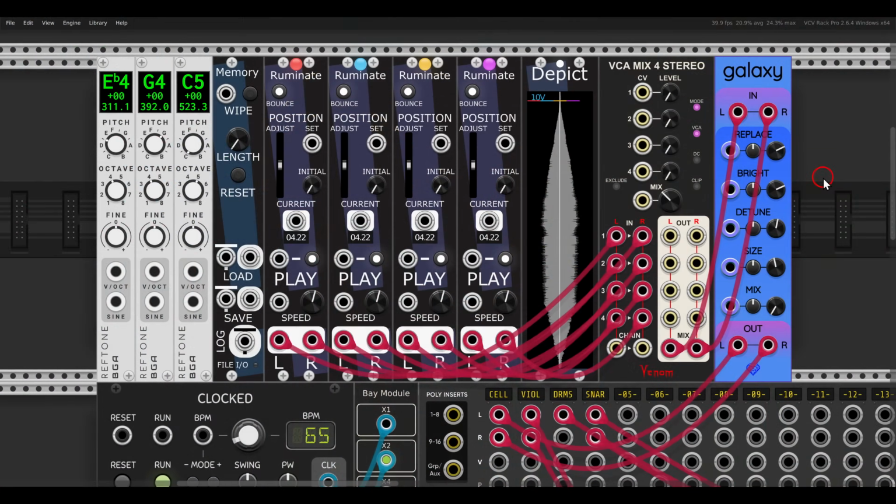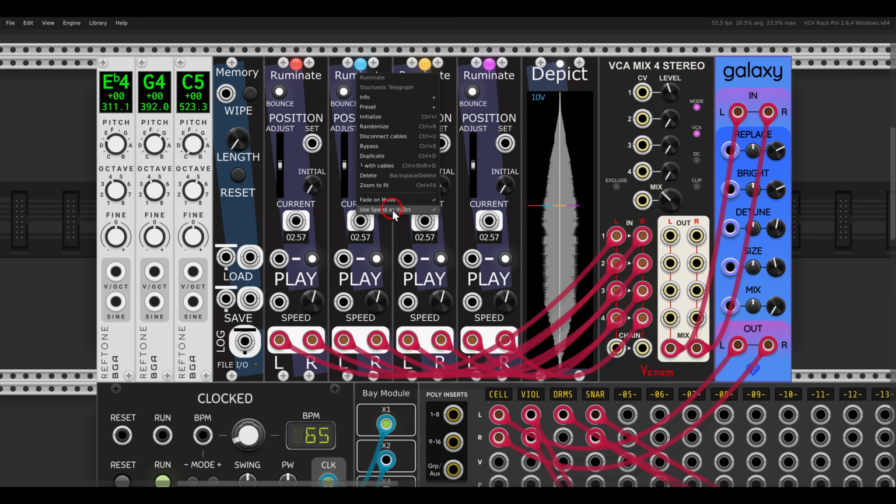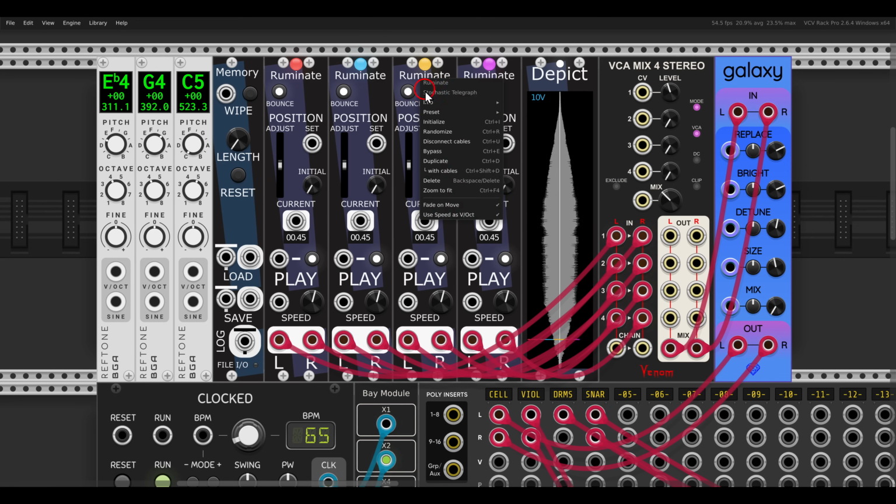Both Ruminate and Fixation have a volt per octave setting, so you can also sequence them with pitch. Here I have a cello sample with 4 Ruminate modules. This will be the original sample. I have on all 4 of them use speed as volt per octave. In the right click menu I have this setting on. So now basically the speed input will be just like a volt per octave input, and I'm going to generate